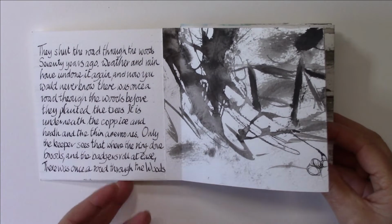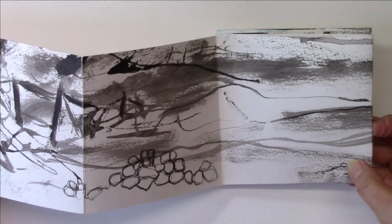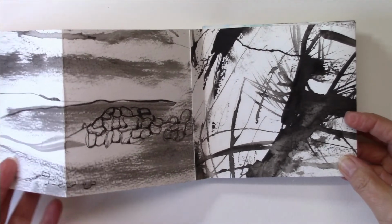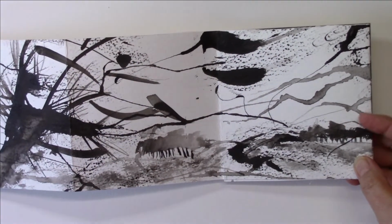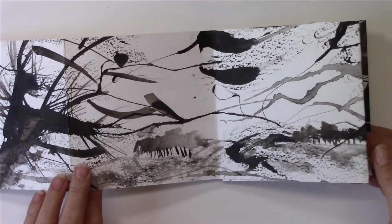They shut the road through the woods 70 years ago. Weather and rain have undone it again, and now you'd never know there was once a road through the woods before they planted the trees. It is underneath the coppice and heath and the thin anemones. Only the keeper sees that where the ring-dove broods and the badgers roll at ease, there was once a road